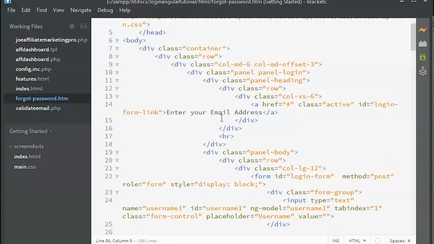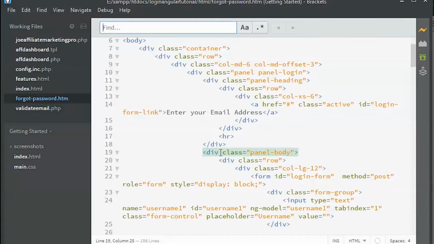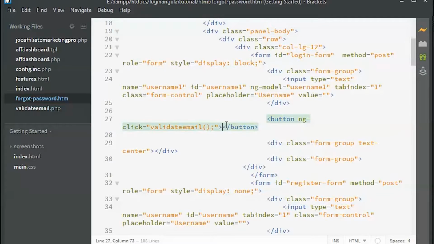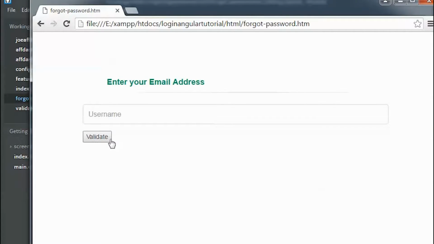Again I'm lost, so I'm going to press Ctrl F and type in button. Here I'm going to type in something like validate. You can type in the text that you desire. I have put in validate for convenience sake. I've refreshed the page and I'm going to type in